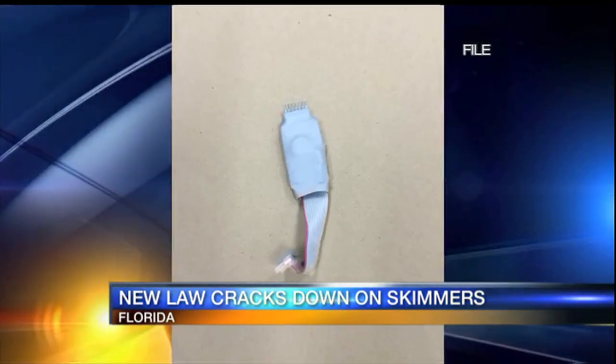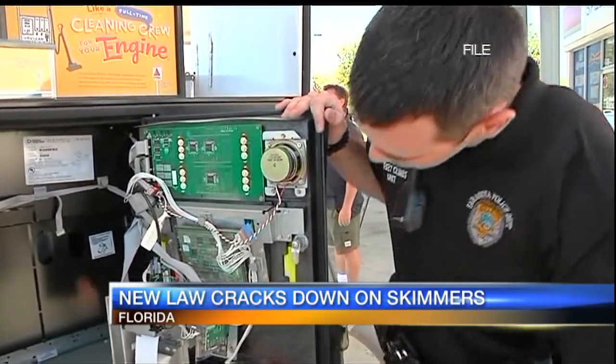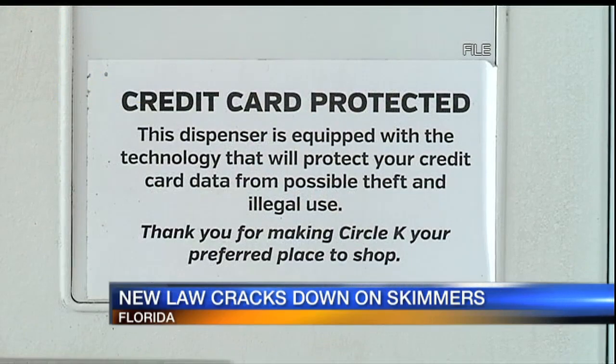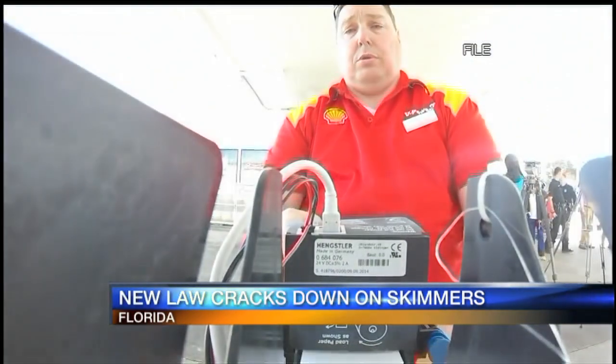State figures show that the number of skimmers found at gas pumps went up 160% in the first 7 months of this year. A new state law makes it illegal to possess skimmer equipment, regardless of what information is stored on the device. Skimmers have no purpose other than to record and steal